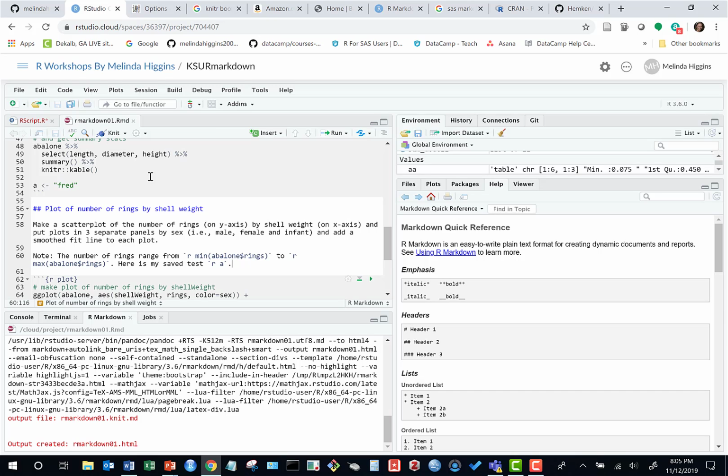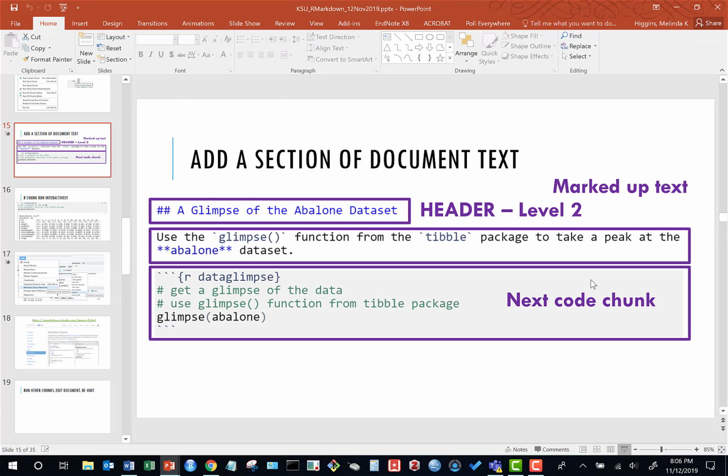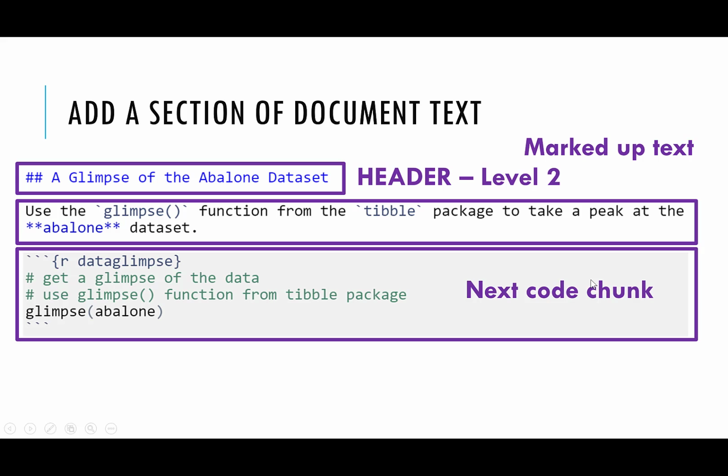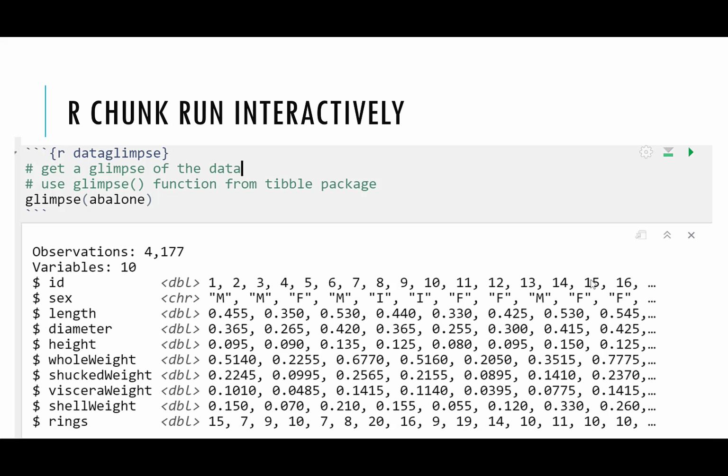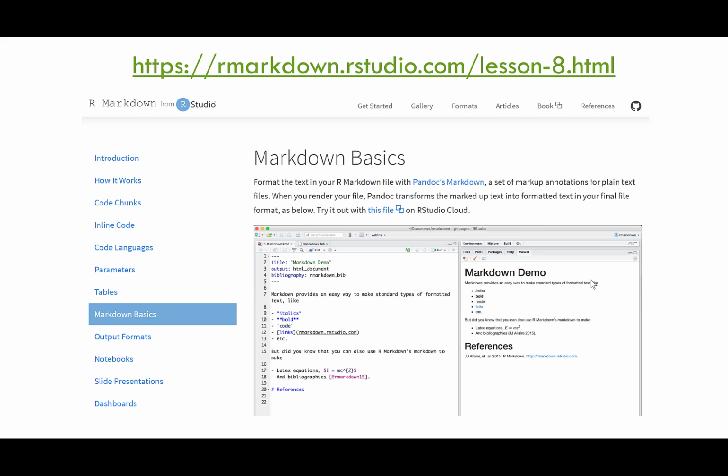All right, so let's try some other stuff. Let me see if there's anything else here I wanted to point out to you guys. All right, so we talked about these pieces. I encourage you guys to play around with some of the formatting. You run things interactively. You can get help. You can also go, and I can't remember, did I have the link? Yes. I also highly encourage you to go to